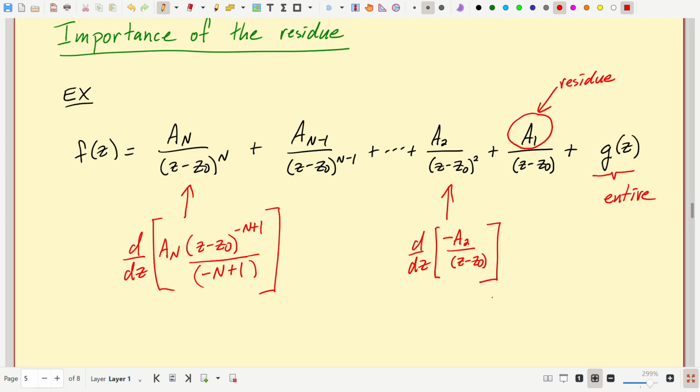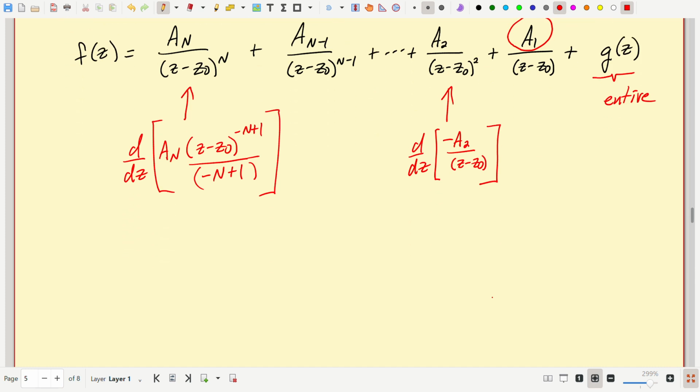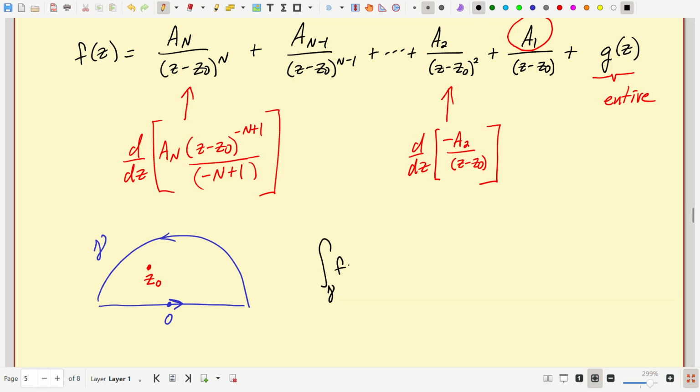Okay, and so if I was going to calculate an integral, if I take, say, a contour like this, which is a very typical thing to do in the subject, let's say this is the real line, and my z naught is, say, right here, inside here. Let's call that curve gamma. Well, then my integral around gamma of f dz,